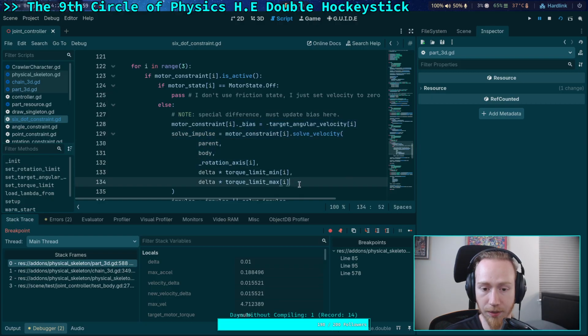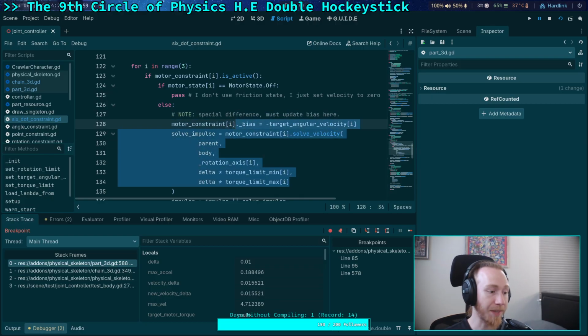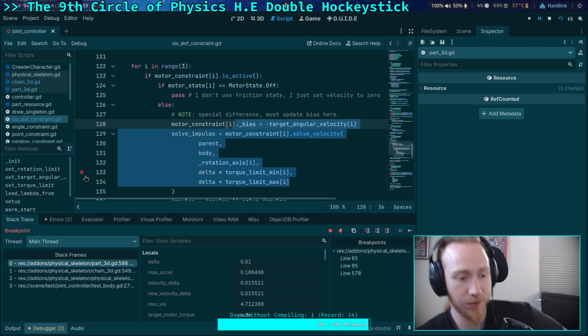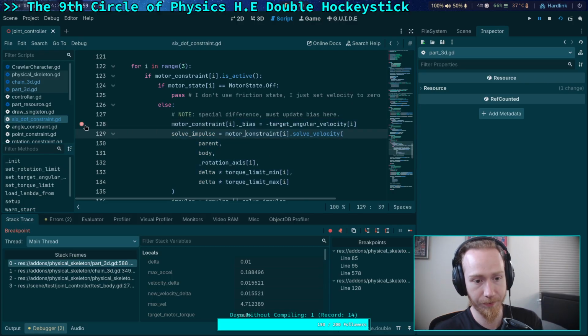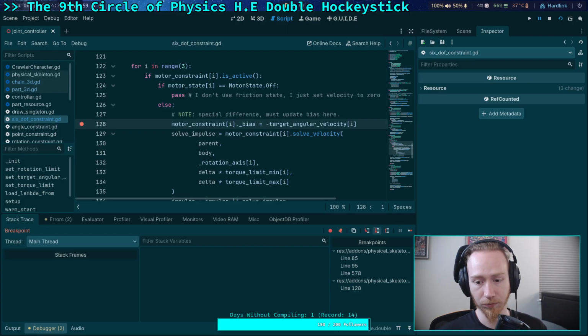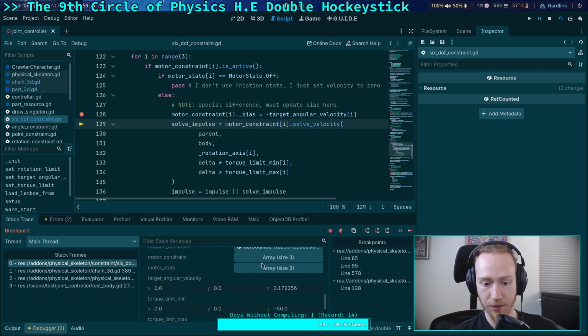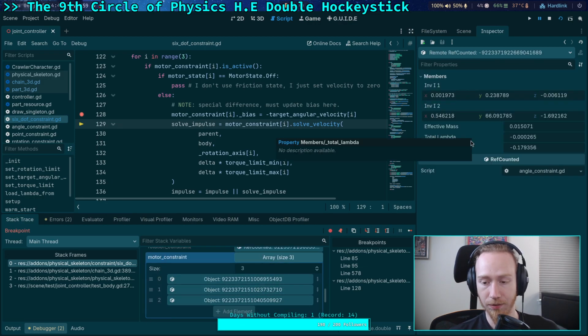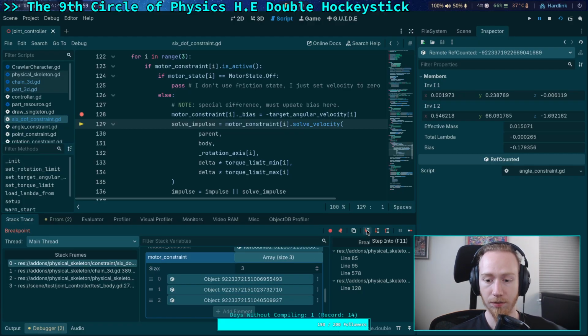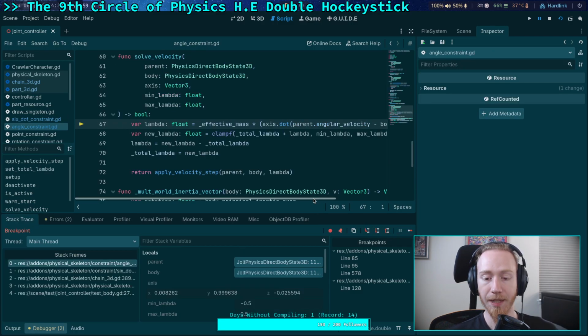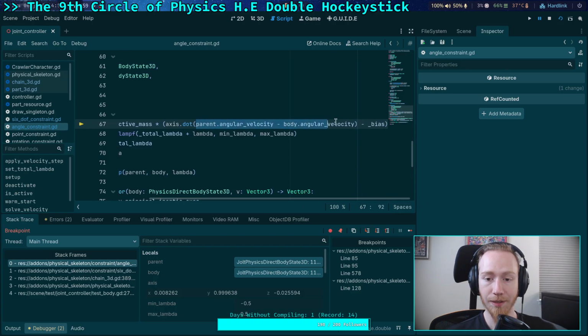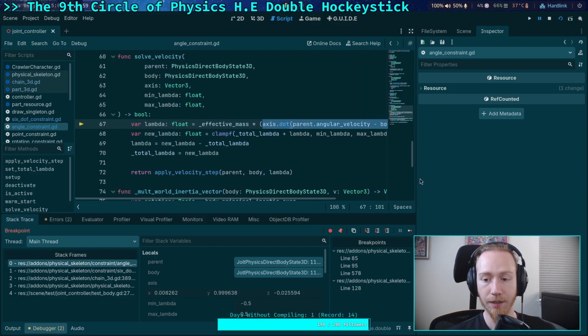But I believe these are correct. I believe these are the proper values. Right, so motor constraint 3. The bias is that value. So I step in and I measure this. So there is that. And then